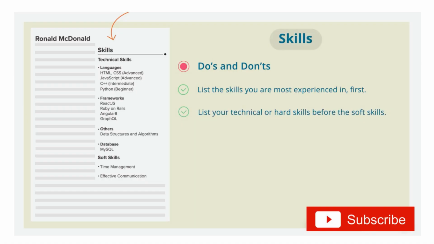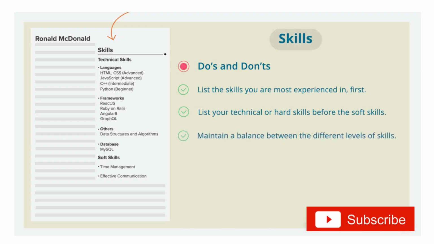Next, you should always place the hard skills before your soft skills. This helps the employers to see the job-related skills first. After you have listed the job-specific skills that you have to offer, you can include the skills that are directly related to your personality and work ethics. So, hard skills come first and then write the soft skills.